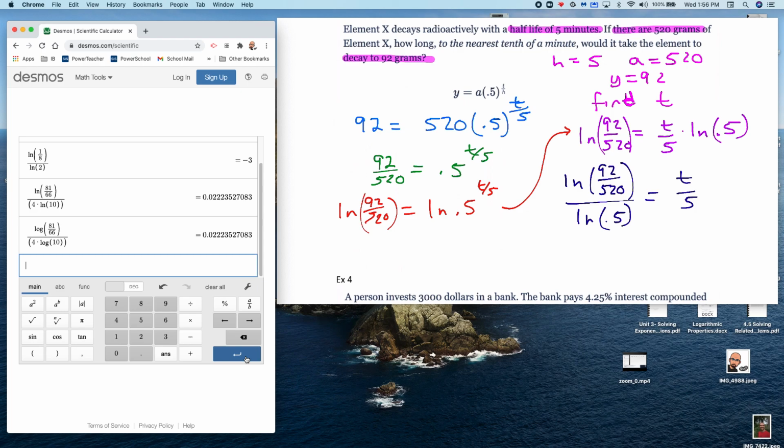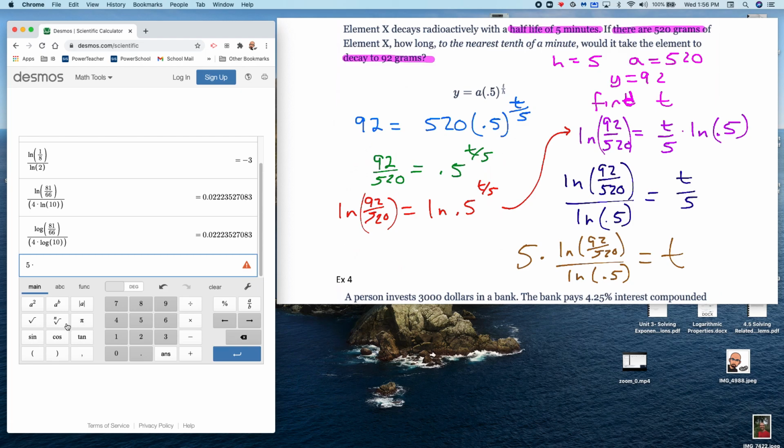Multiply both sides by 5. And if I did that, I'd have 5 times the natural log of 92 over 520 divided by the natural log of 0.5 is equal to T. So that's what I'm going to do over here. I'm going to do 5